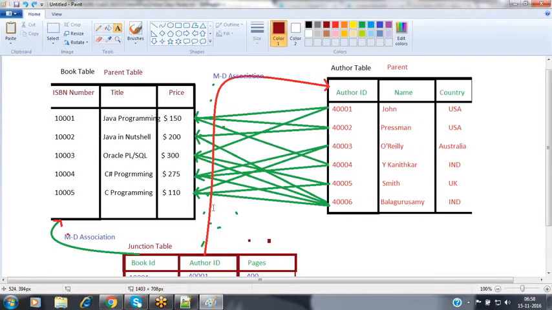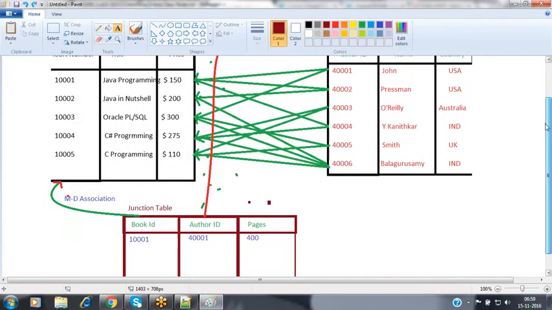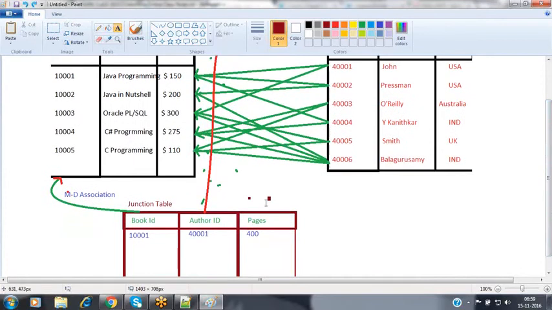But we could not add it, because in a single field we can add only one other ID, but we have multiple others for a single book. That's why we are not mapping the association between the book and the other directly. There is no association. These two are independent. To make these two associated, we have used a third object, a junction object. With that junction object, we can map the association between these two.